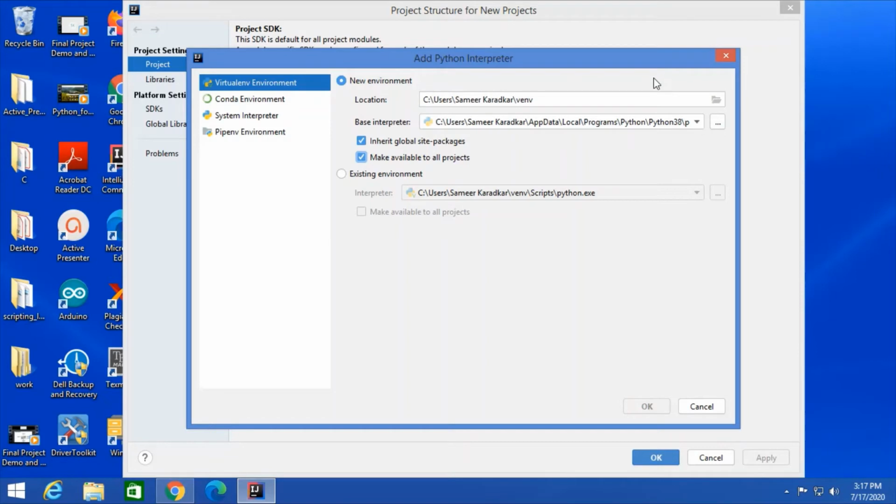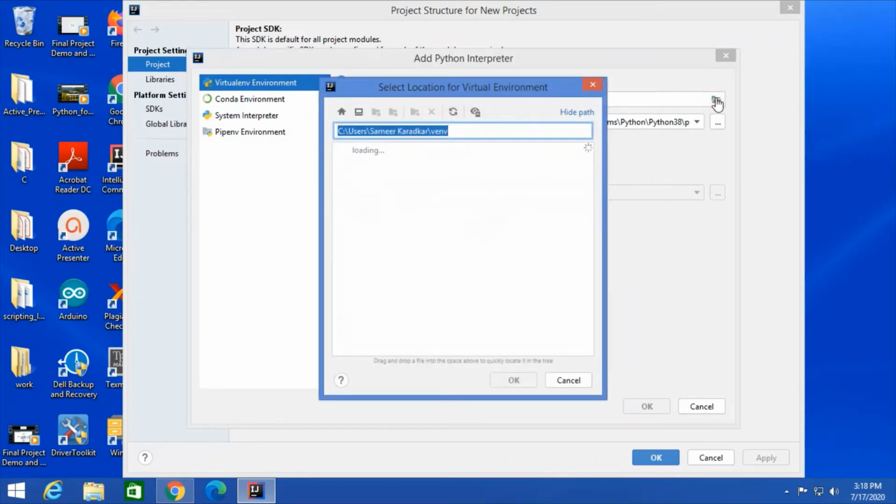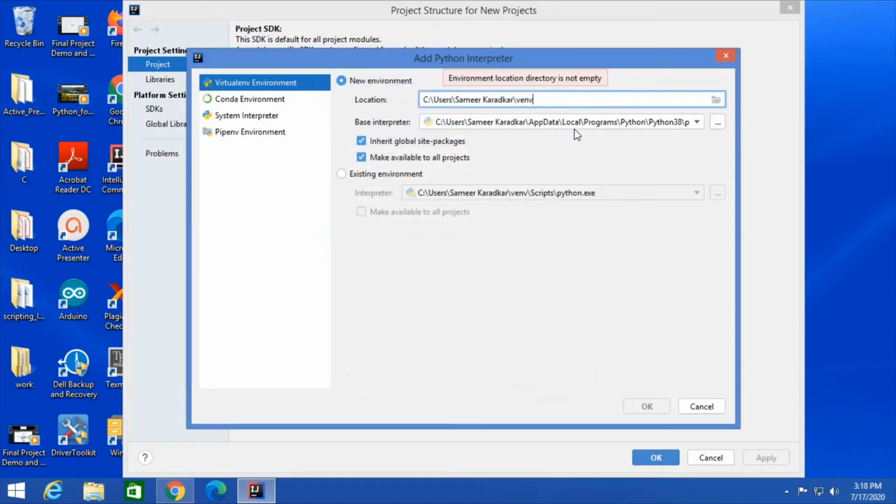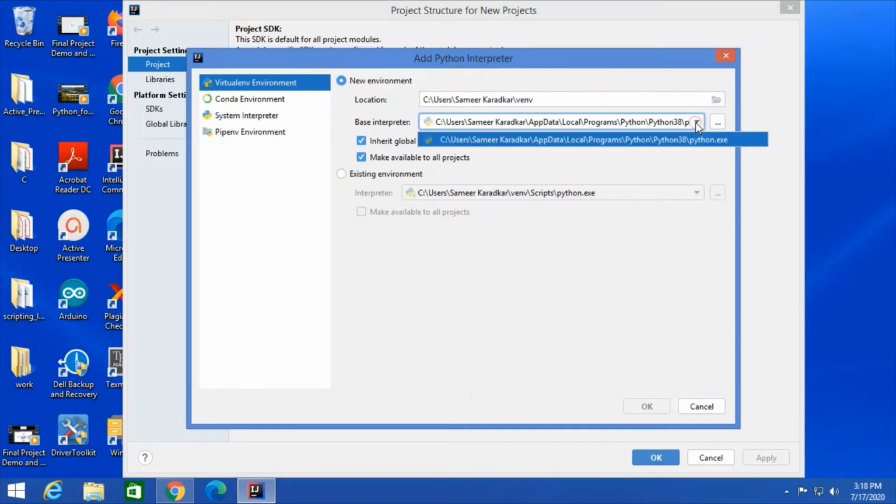But actually the problem with my window right now is that I had previously installed this IDE on this computer. So what has happened is that this location should be empty while installing that particular new Python. I think I will have to go to that particular location and remove that previous stuff which was installed there, because unless and until I do that, I don't think this will allow me to go further with the installation.